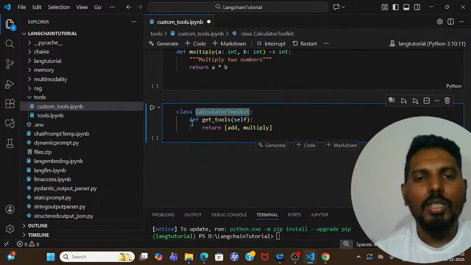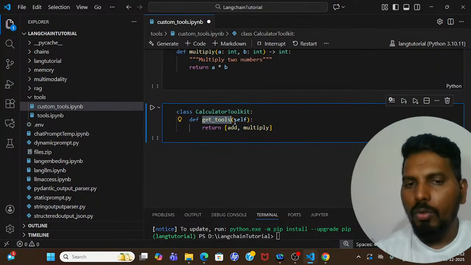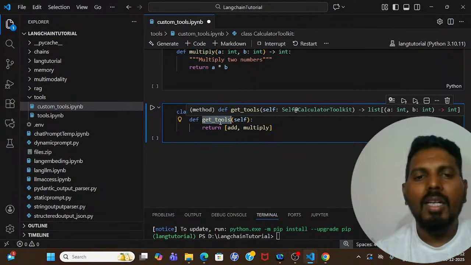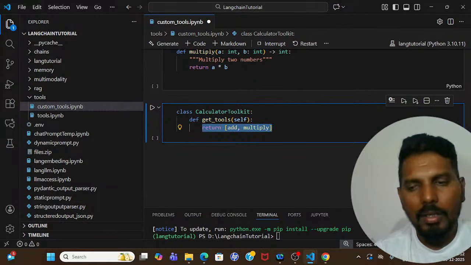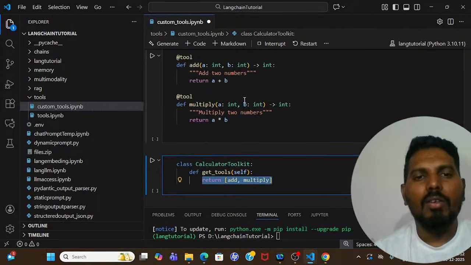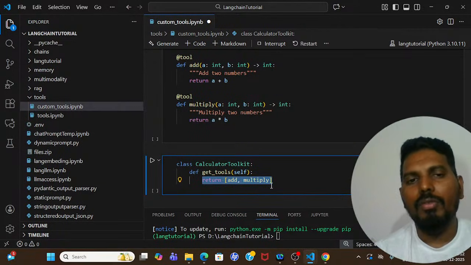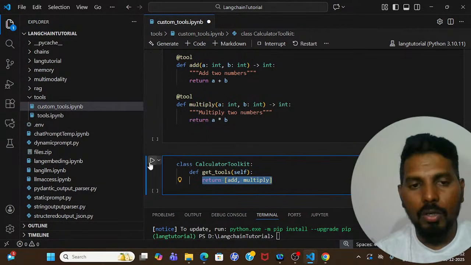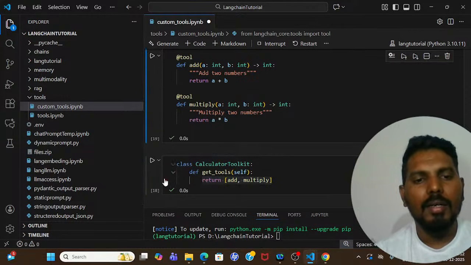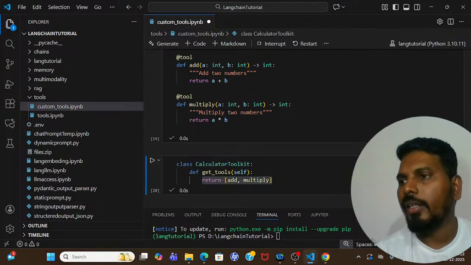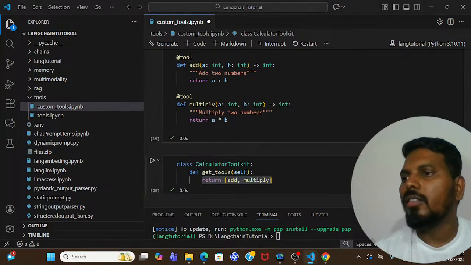So here what I'm doing, I have defined get_tools as one function, and inside that function I am returning whatever tools I have declared over here. So I have a couple of tools, so I am returning a couple of tools. If you have 4, you have to return 4, right? So quickly execute it. Before that, I need to execute this, and then I need to execute this. All right. So once this is done,